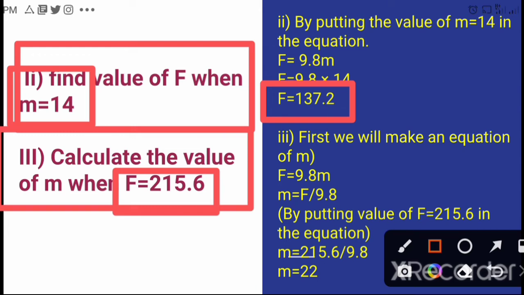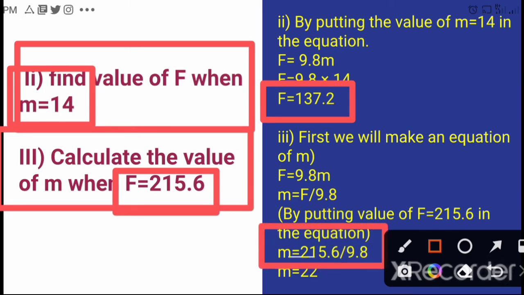For this purpose, we will use the same equation, F is equal to 9.8 M, and by taking the value of K to the left hand side, the equation will be M is equal to F upon 9.8. This is the equation which we've made to find the value of mass. Now by putting the value of F, which is 215.6, we will get